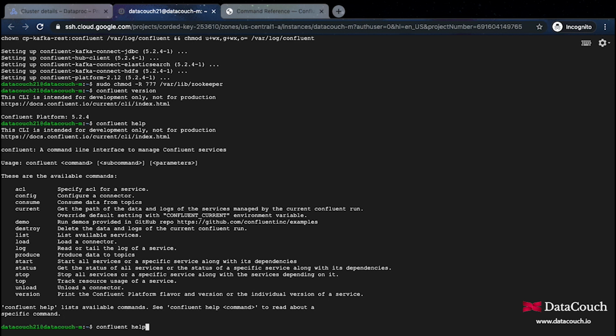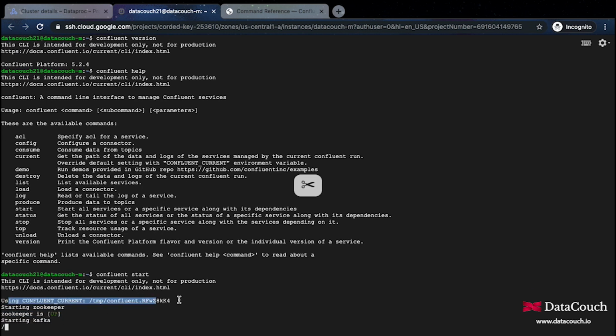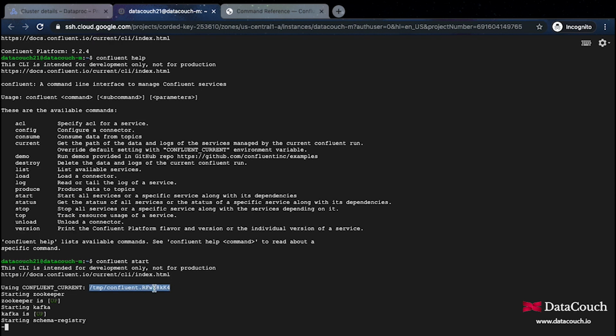Now here we have Confluent, and with this we can just use Confluent start. When we do Confluent start, it shows us the Confluent current directory, and this is the directory where our actual data will be stored. It's a temporary directory and the name is given randomly, so it will change whenever you start it again.